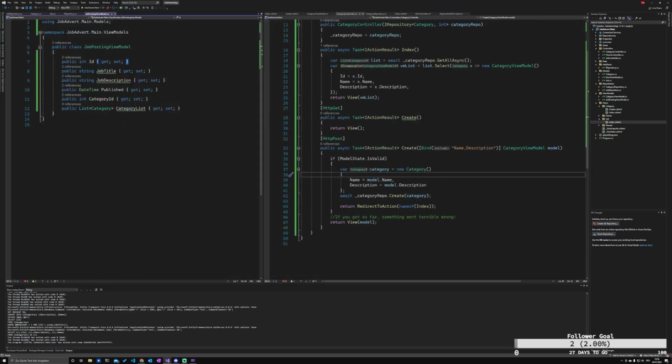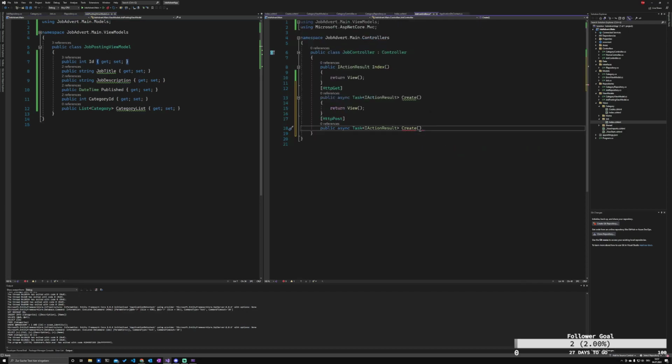So what do we use here? We need the job title, the job description, a publish day, and the category name. It's the one you use for, but we need to choose from a list of categories. So at the moment we have just one, but let's go back to job controller and say, hey, we need